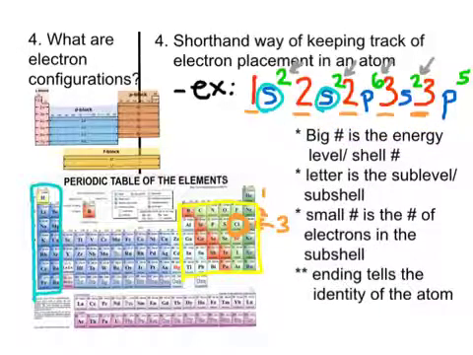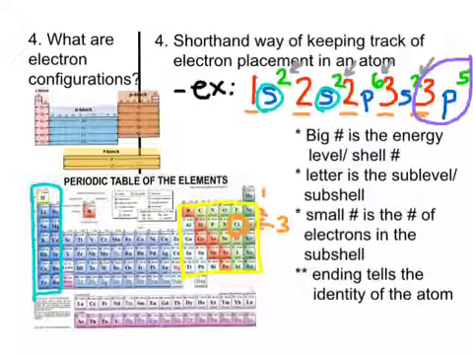And last but not least, and perhaps even more importantly when we're looking at electron configurations, is that the ending part right here, the last big number, letter, and superscript, tells you the identity of the atom. It's going to tell you exactly where that last electron sits, and wherever that last electron sits gives you the identity of the atom. So for example, in this sample, we know that it's in the 3rd shell,